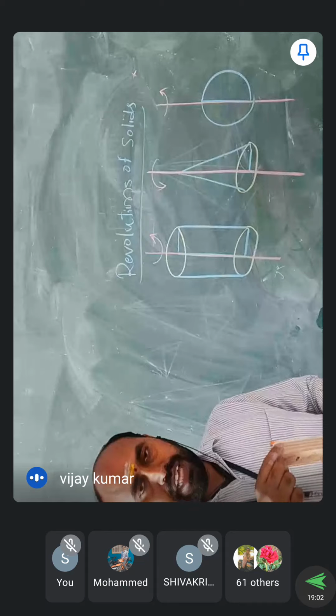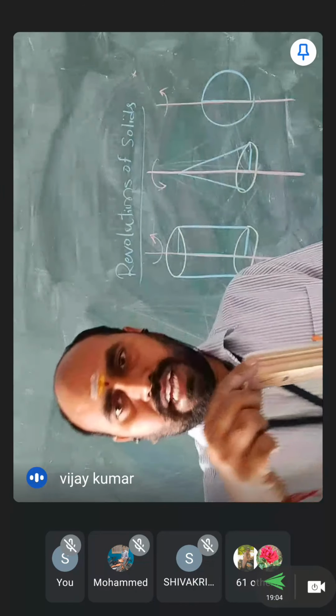I am taking a rectangular plane of which one of the sides is attached to a